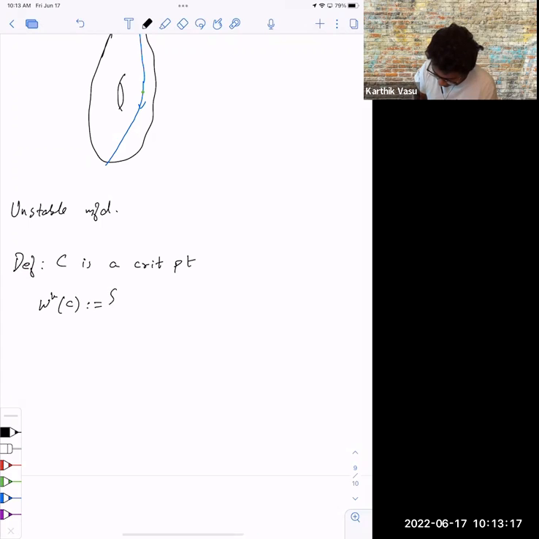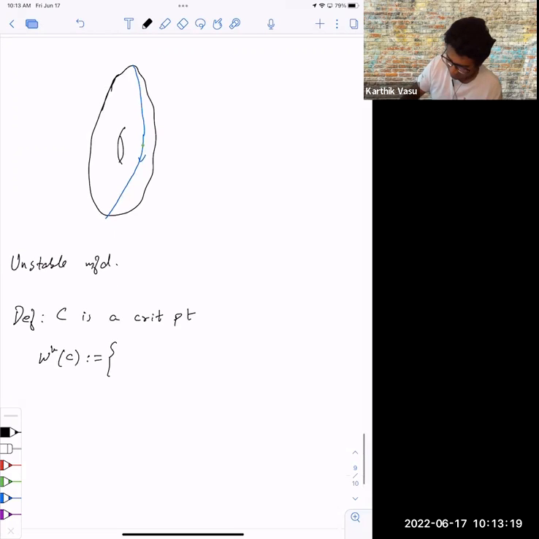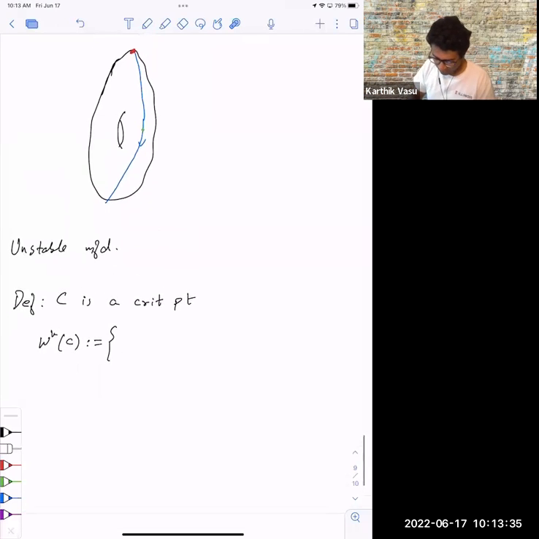W^u of the critical point will be all the points where you start your gradient flow at this point, and see what all points you cover as you flow through. So those will all be the points belonging to this